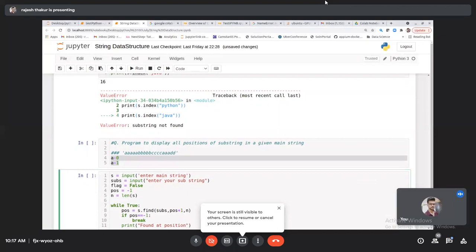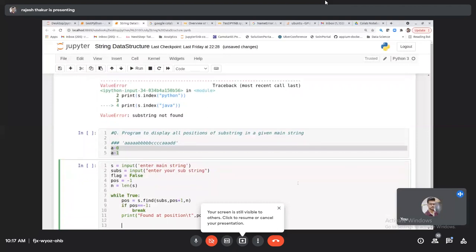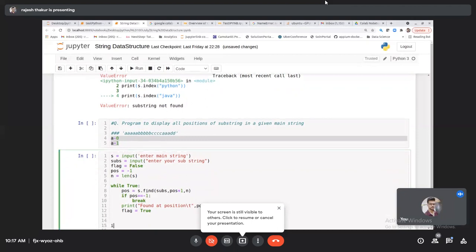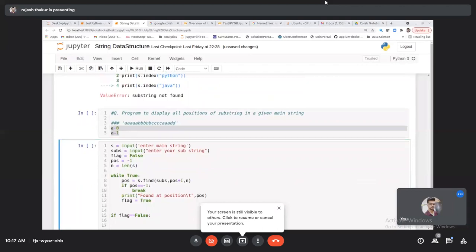अब पोजीशन को अपडेट कर दो आप, और अच्छा से लिखना है तो /t लगा दें। /t क्या करता है दिखाता हूं मैं। ओके, फ्लैग, और फ्लैग को ट्रू कर दीजिए। ठीक है, और अगर हमें नहीं मिला, let's suppose अगर हमको उस पोजीशन में नहीं मिला, if flag equal to false, तो हमको प्रिंट करेंगे not found।